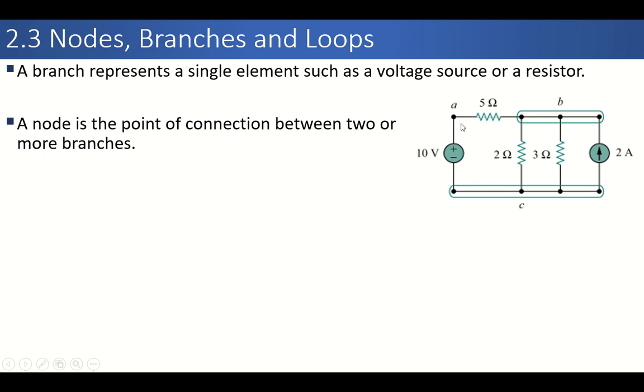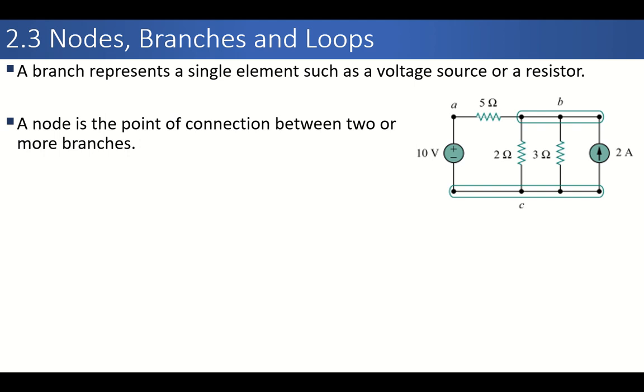Similarly, if we go from A point to B, we are encountering an element. So that's why we can say that these are two different elements. Similarly, if we go from this point or node to this point, we are encountering an element. Element could be anything, that is resistance or current source, voltage source, or any other component. So we say that these 2 points are different from each other.